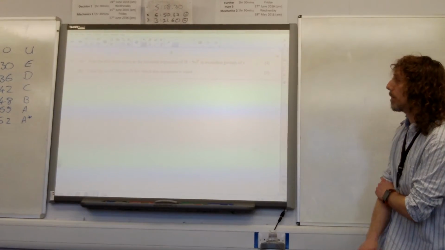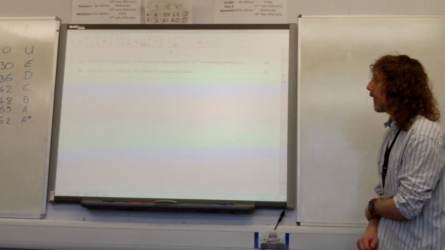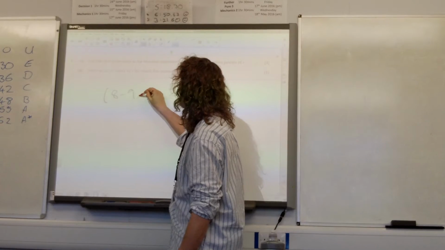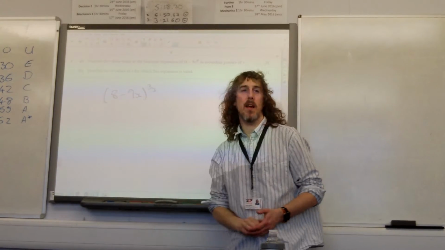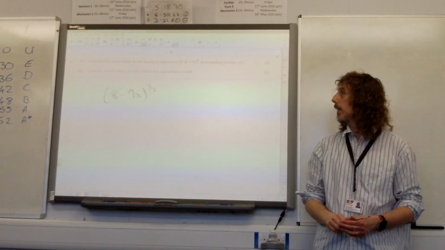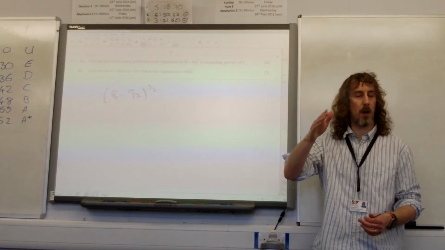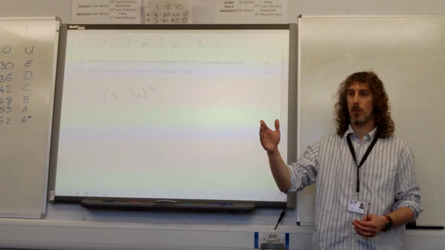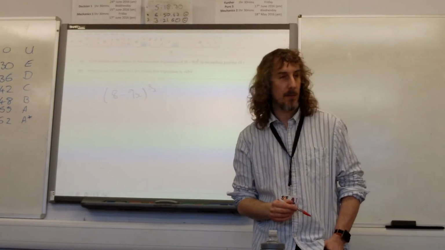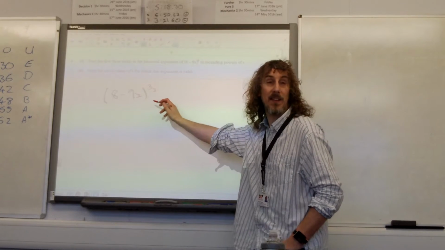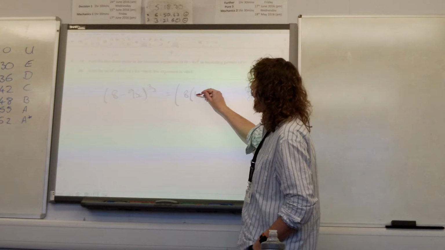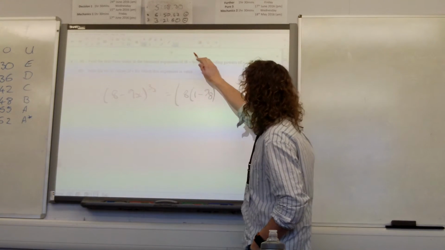Okay, so question 4. Find the first three terms in the binomial expansion of (8 minus 9x) to the 2/3. Right, this is all about the fact that we know that our formula for doing non-integer powers must be in the form 1 plus something x. We have to get it so it's a 1 at the start of the bracket. So the issue here is that we have an 8 at the start of the bracket, so we're going to take 8 out as a common factor and write it as 8 times (1 minus 9/8 of x)